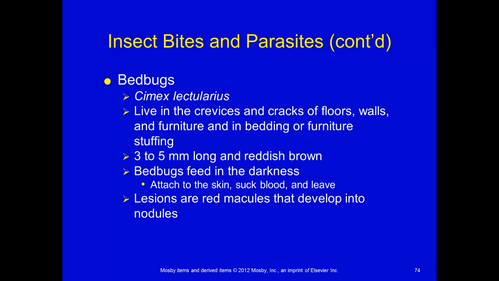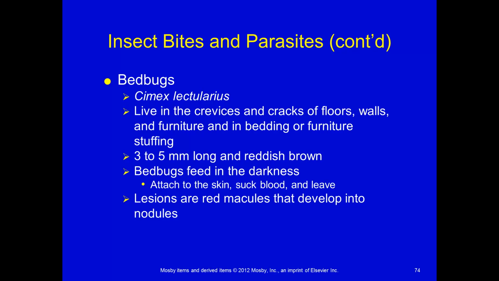All right. And then the last insect infestation we're going to talk about is bed bugs. So this is interesting. They actually live in crevices and cracks of floors, walls, furniture, and of course bedding or furniture stuffing. They're actually able to be seen with the naked eye. They're 3 to 5 millimeters long, so you can actually see them. They're kind of these oblong, reddish brown little lovely creatures, and